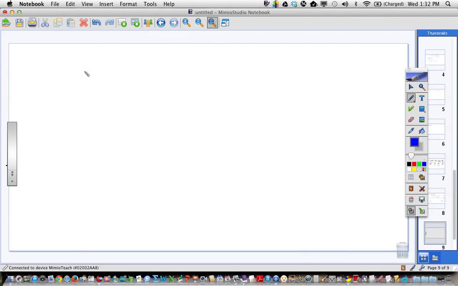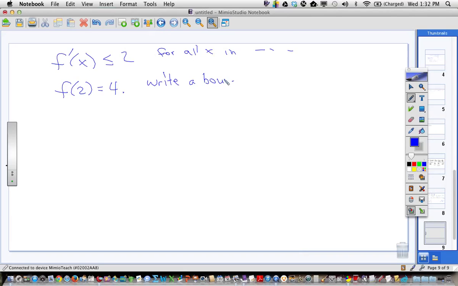Okay, so a homework problem looks something like this. F prime of x is less than or equal to 2 for all x in some interval, whatever. A lot of that stuff you see there isn't a big deal. And they also tell you that f of 2 is equal to 4. They'll write the question a lot of different ways, but one way it could be written would be: write a bound for f of